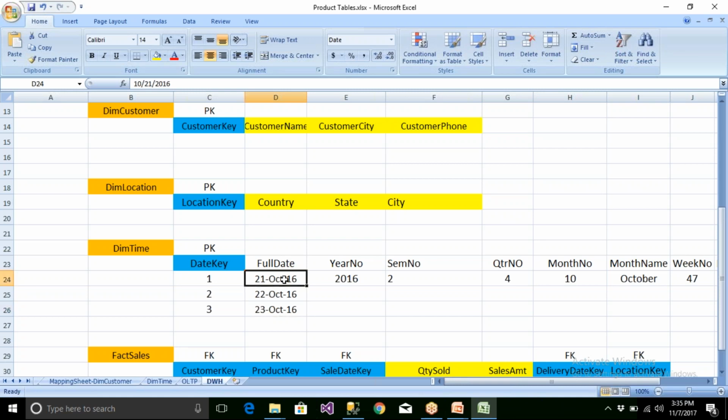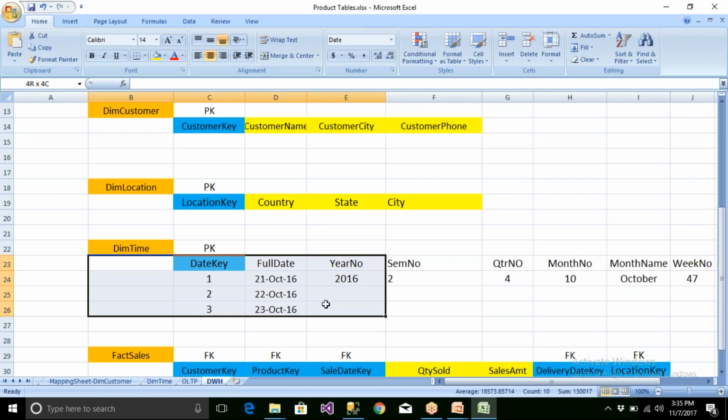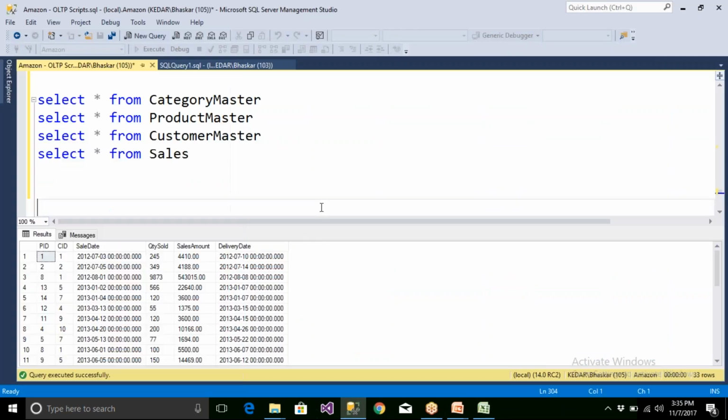For example, I wanted to understand year-wise sales, month-wise sales. When you have billions of data, getting a year number would be very difficult, right? So normally the tables are organized in such a way that you will not need to do any kind of heavy work. Let me give you a simple example here. Now this is my OLTP table in Amazon.com. So I have a sale date.